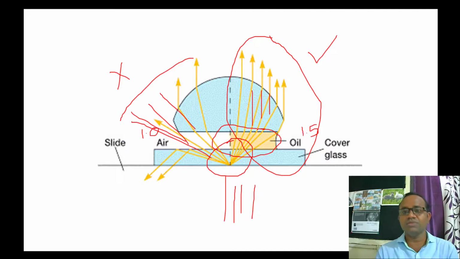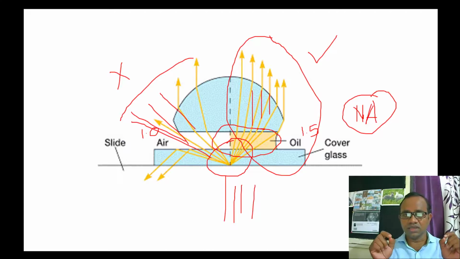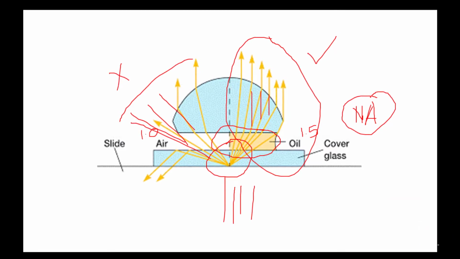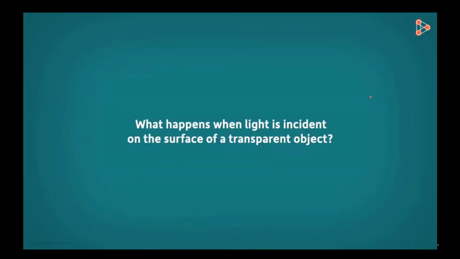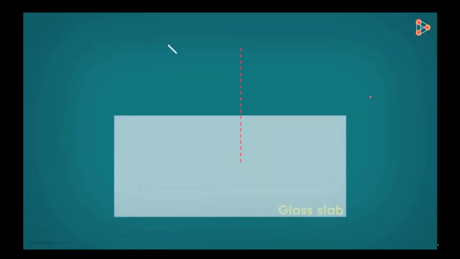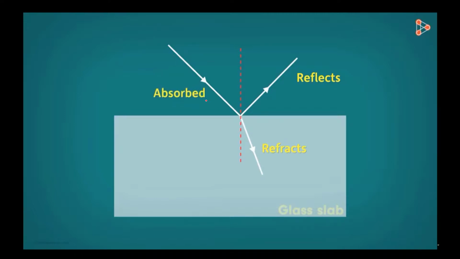This is the numerical aperture, that is the angle of bending of a light rays into the objective lens. Okay, so the numerical aperture is a very important part of a microscope, right? So what we understand as numerical aperture is the angle of a light ray entering into the objective lens, right? So we'll see exactly how the light bends when the light rays pass onto the flat glass surface, right? So either it gets reflected or it gets refracted, or sometimes it gets absorbed also.